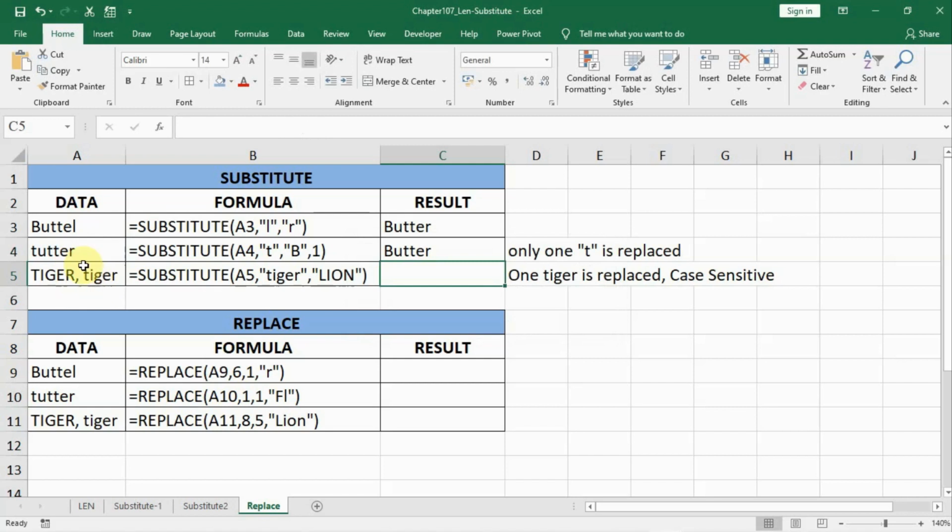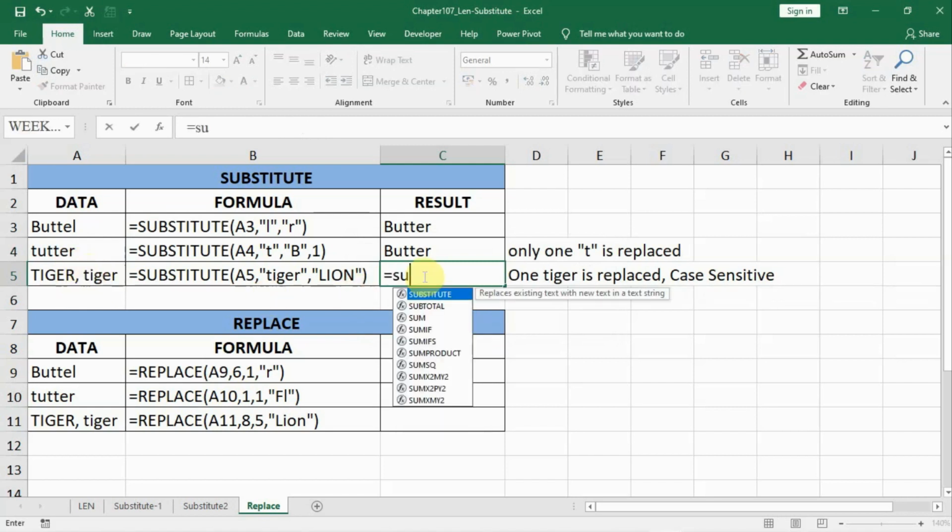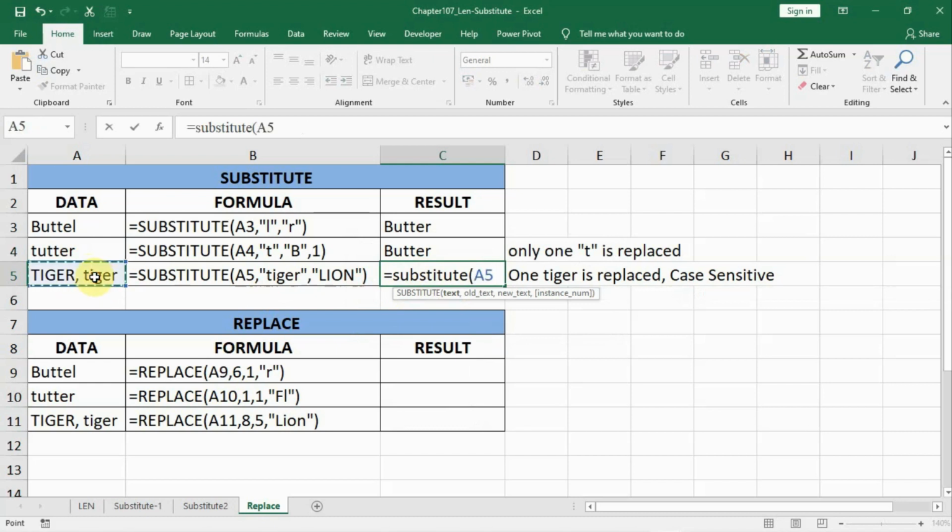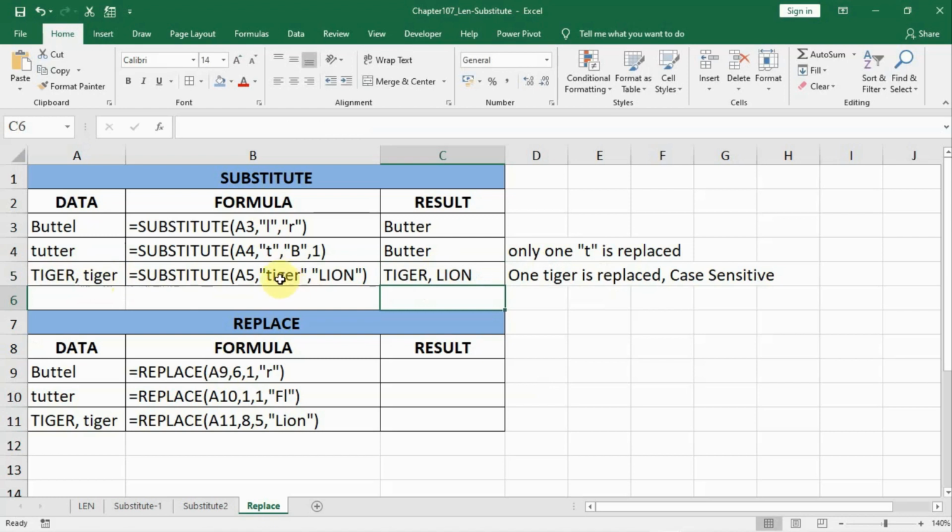Now in the next I would like to replace tiger with lion. We'll write down equal to, and we write substitute, and in the substitute we select our source text, comma, then we write in inverted commas tiger, comma, and then replace it with lion, capital or small, it doesn't matter, and then bracket close and enter. Now you see only one tiger is replaced. There are two tigers, capital and small, but in our data we have written small tiger, so